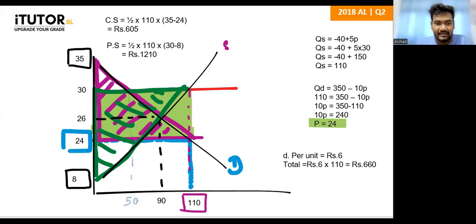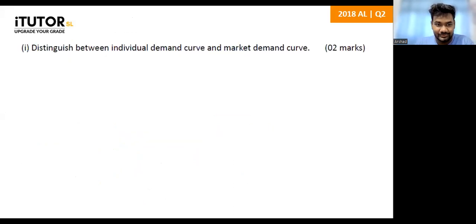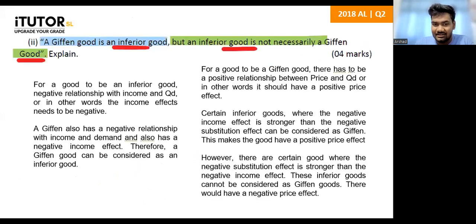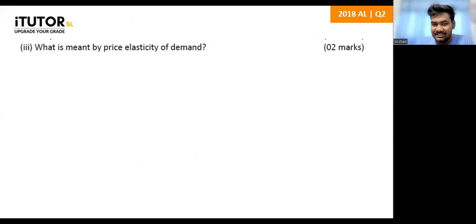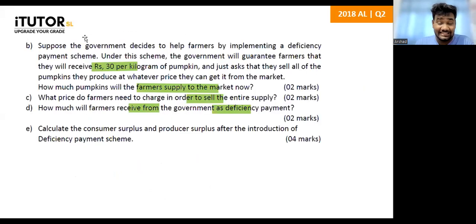Okay. Right. That is the 2018 A-level paper. Fine. How did you all do? How much out of 20? First one is individual demand and market demand. Second one is this Giffen good, inferior good story. Third one is what is meant by PED. And the last one is this entire 12-mark calculation. At least 15. Yeah. Okay. Right. Good. So with that, 2018 is